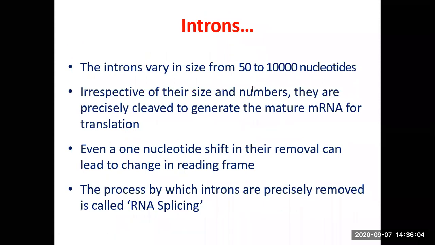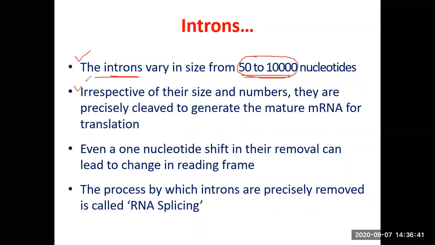Now, what are introns? Let us understand that first. Introns, you know, are the non-coding sequences. They don't code for protein. What is their importance? What is their significance? Why are they there? We right now don't have any answer for that, but they are there. Their size varies from a small intron of about 50 nucleotides to 10,000 nucleotides. The size of an intron means the non-coding sequence. A given intron can vary anywhere between 50 to 10,000 nucleotides.